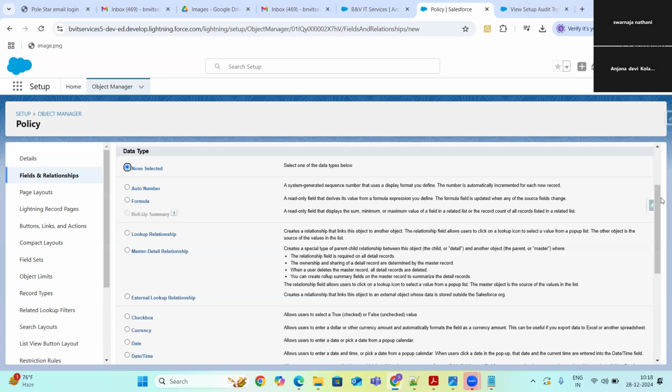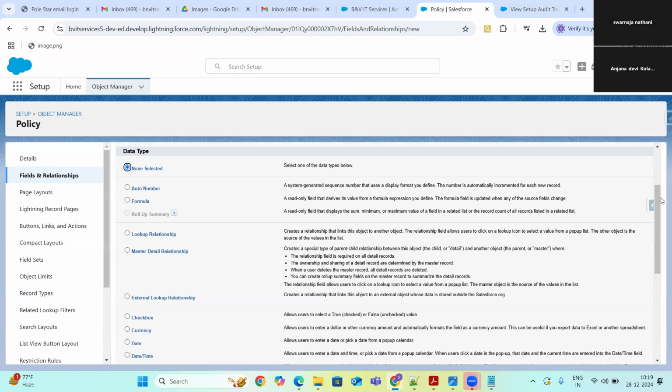Basically in your engineering, when you are learning C language or Java, Python, any of these languages, you will have different data types, integers, strings, like so. This is not that confusing, guys. These data types are self-explanatory. By looking at the names itself, you can easily understand what type of value the field you are going to create is going to store. Obviously, we are going to store some value under that column, under that field.